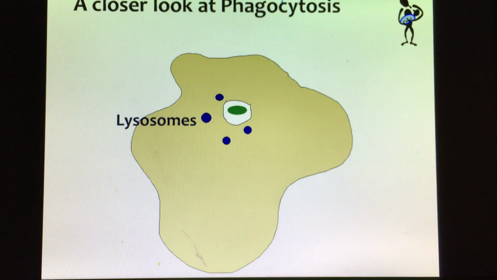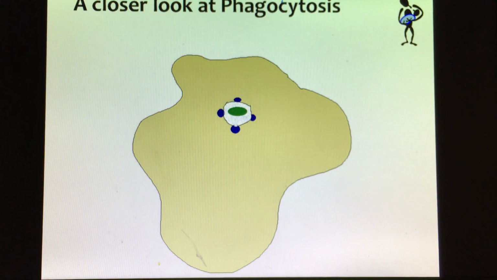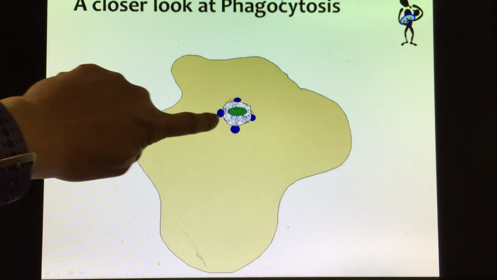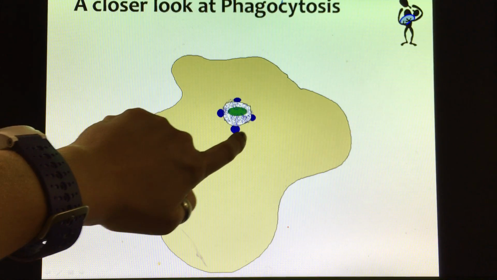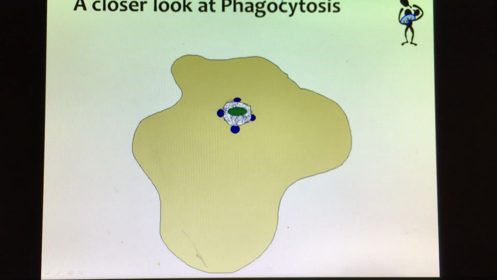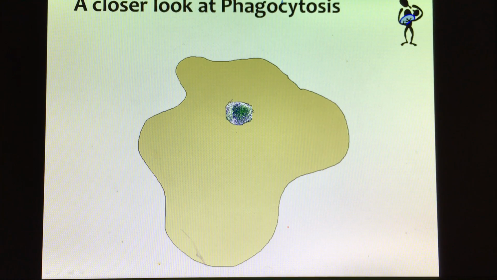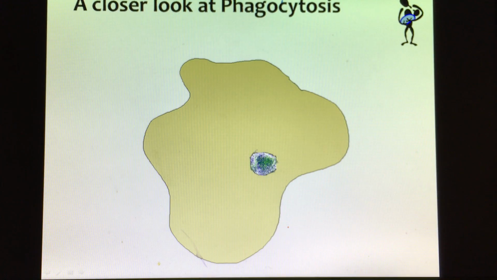So here the lysosomes are actually going to fuse with the walls of that vesicle that had the bacterium. So if you think about when you blow bubbles, how two bubbles mid-air might bump into each other and they fuse and become one. That's kind of what's happening with the membrane of the vesicle. It kind of fuses with the membrane of the lysosome since they're both made of a lipid bilayer. So then the lysosomes are going to release their different enzymes into that vacuole there. And then the bacterium or the microbe is going to be destroyed and then sent out of the cell by